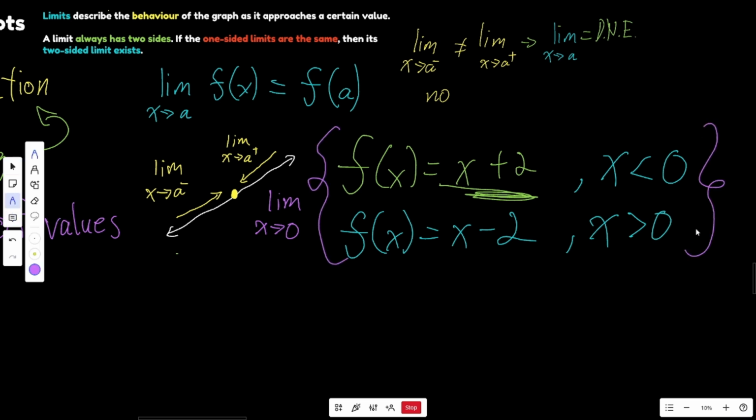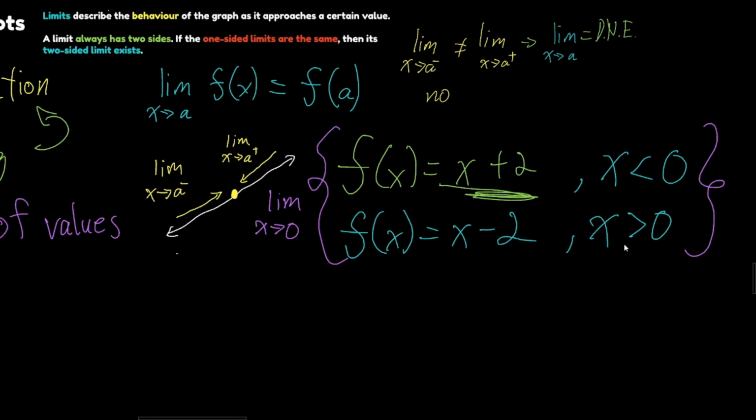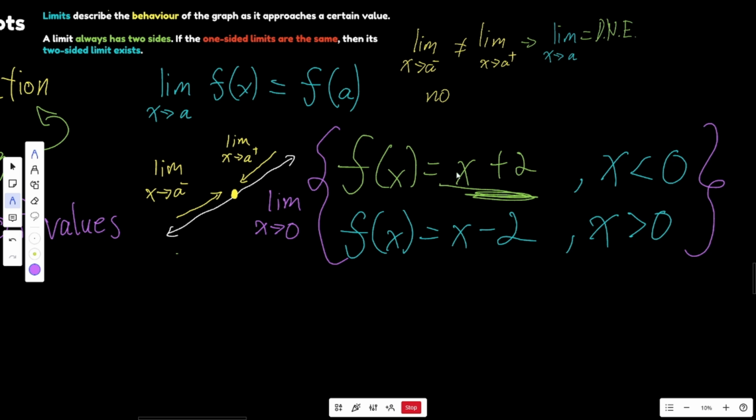We have this piecewise function and we don't have a value at 0. Because if we had a value at 0, it would actually be easier to evaluate the function instead. But we can use the limits to understand this. Now, when we're going to get the left side limit, like we said here, which formula are we supposed to